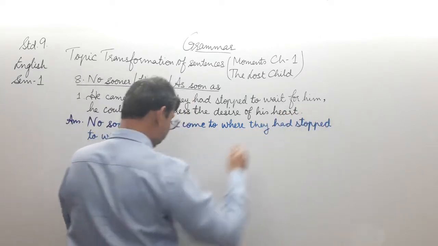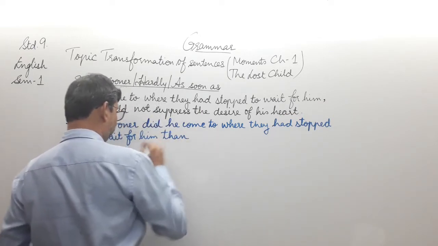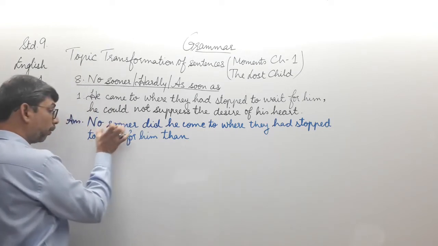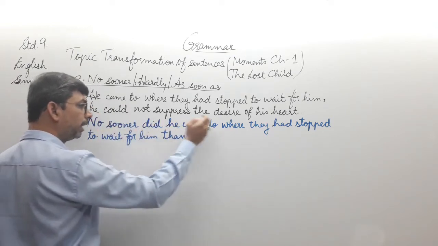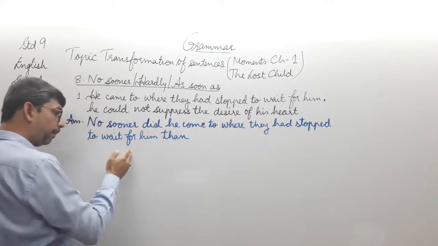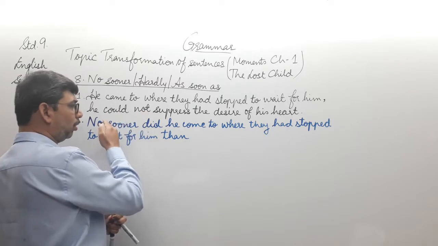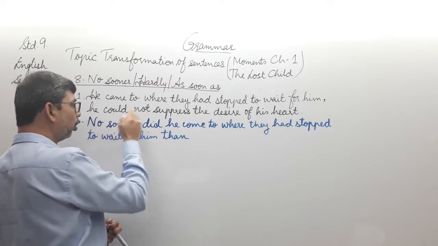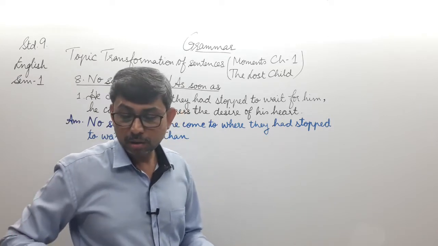now be eliminated and we are going to use the connecting word over here, than. As I said, we make use of the word no sooner, we must make use of the word than in combination with the two. So no sooner did he come to where they had stopped to wait for him, than what happens? He could not, that is the child over here, we acknowledge this, he could not suppress the desire of his heart. So we'll be writing these words. Then he could not